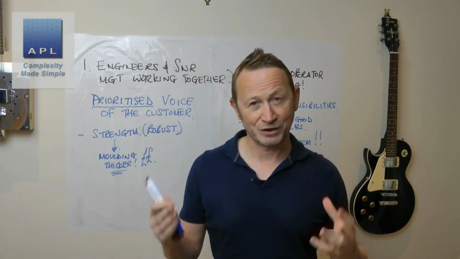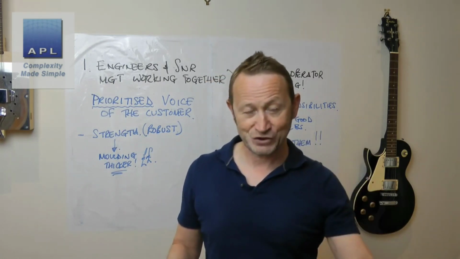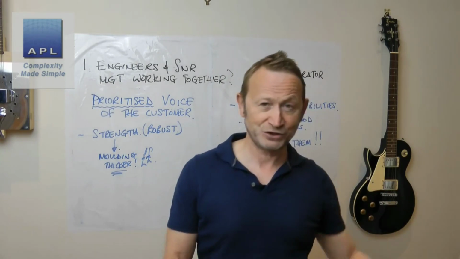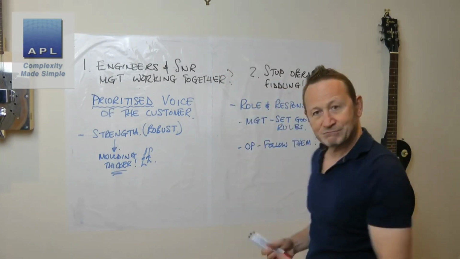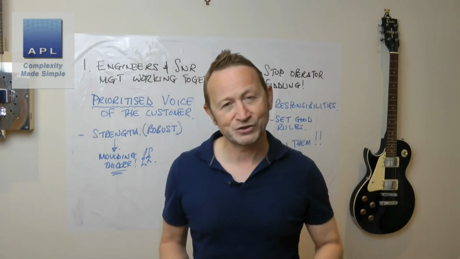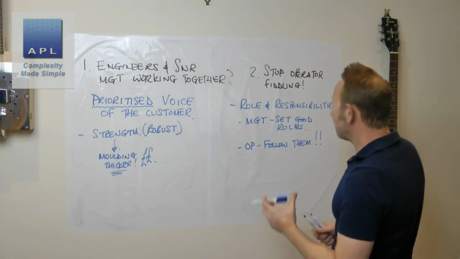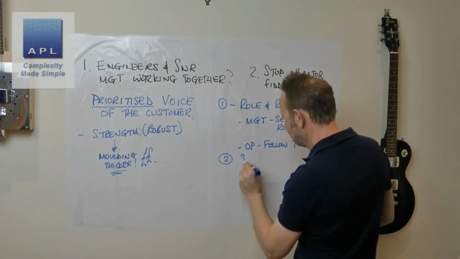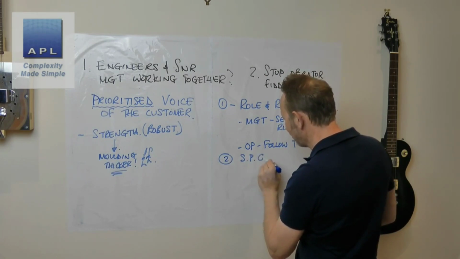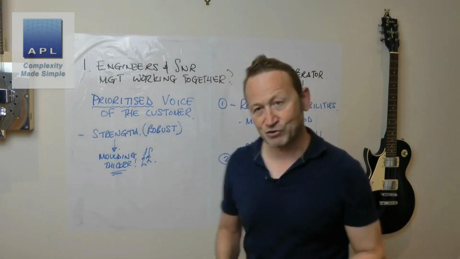When I worked for Sony, one of the great things about working for Sony, we had rules, and the senior managers always stuck by the rules. So that's job number one. You just set the policies and procedures, set the roles and responsibilities properly. But answer number two is to give the operator some training, to train them in statistical process control.